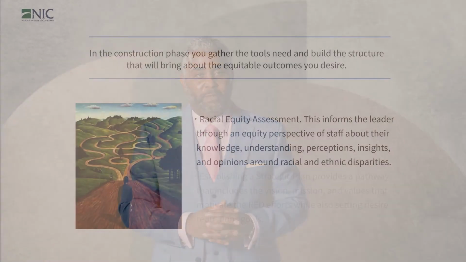And so when we did the racial equity assessment, we realized that people really didn't understand the terminology, right? So this racial equity assessment in this construction phase is important. This process is going to inform the perspective starting out. This process is going to show you how the culture of your organization is changing as you do this from year to year. We do this every year in one of the Kentucky Court of Justice programs. And where we are now in perspective and employee understanding about these issues is light years away from where we were in that first equity assessment.